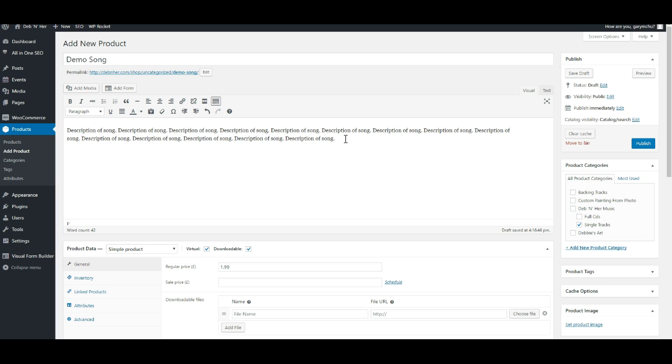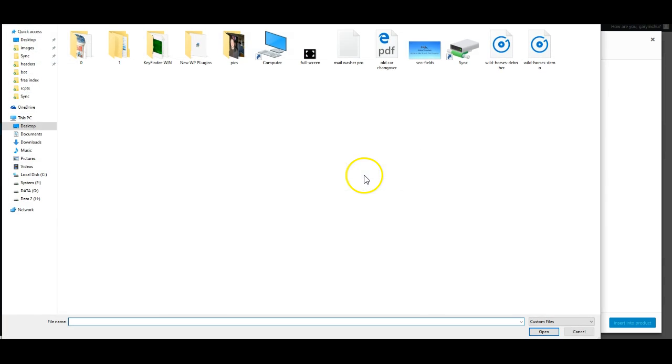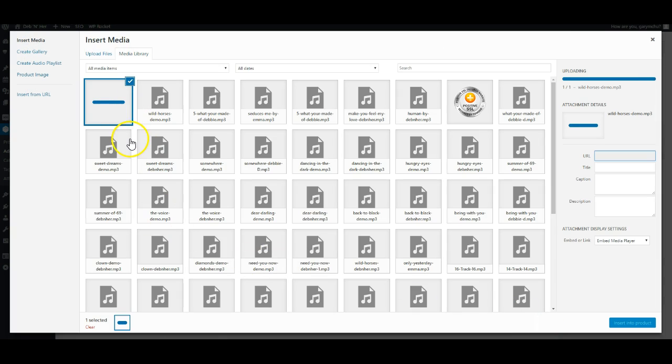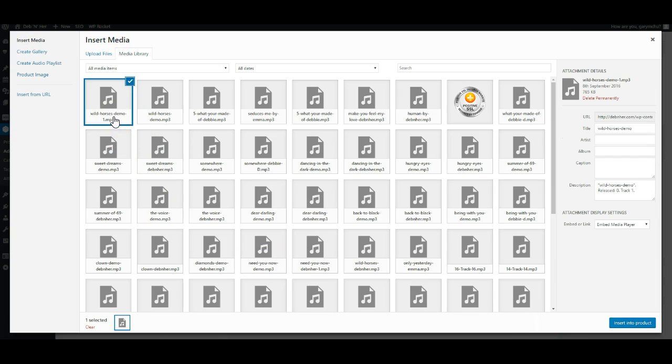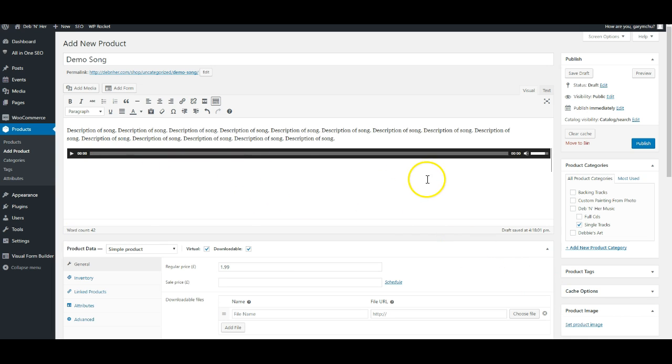If you click at the end there and just hit enter on the keyboard, and in the description section we are going to click add media, and then we are going to upload our file, which was the demo, and we're going to click open, and that will upload here, and then we're just going to insert it into the post. And there you can see our player has been put in automatically by WordPress. That's nice and easy. So once you've finished all your other product sections, just hit publish to create your product,